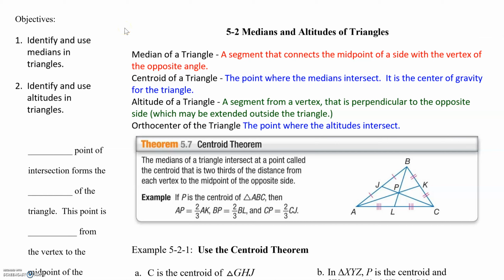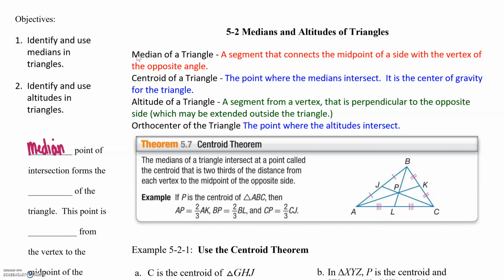This is lesson 5.2, and we're going to talk about medians and altitudes of triangles in this lesson. So medians are made by connecting the midpoints of a side with the vertex opposite. So let's go ahead and add that off to the side here. The median